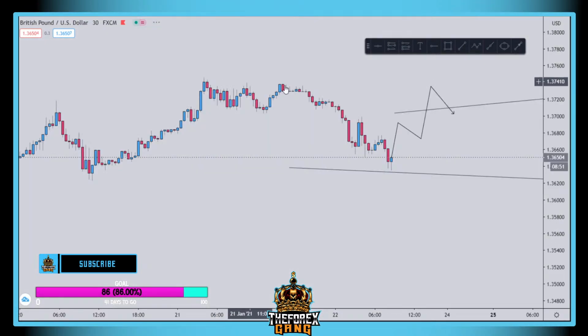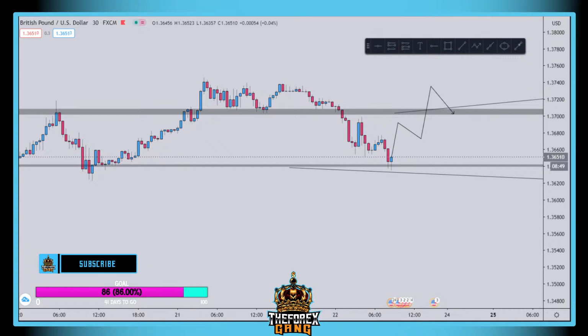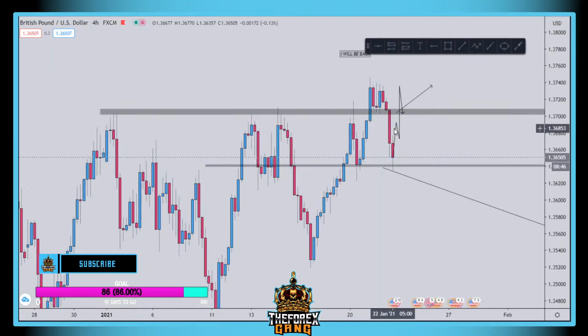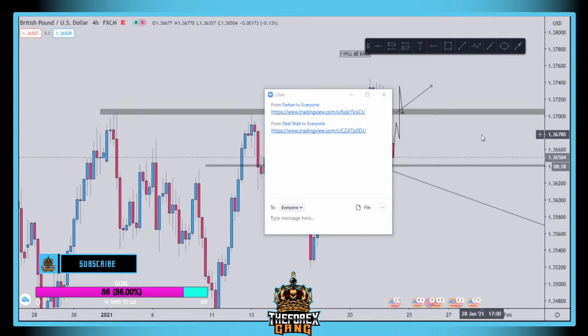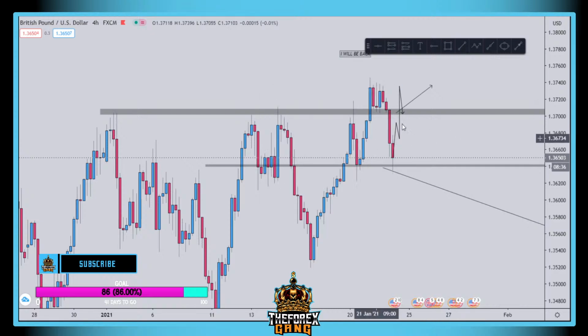Because if it comes to the 4-hour, just over here, where'd you say it was? 36,700? Yeah, 36,700, 3672. Yeah, this area, exactly, probably the same where your gray line is. Around here. Yeah, the daily would still be bearish, you know what I'm saying?